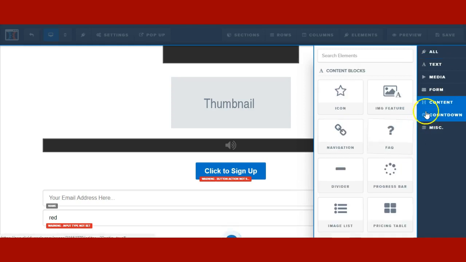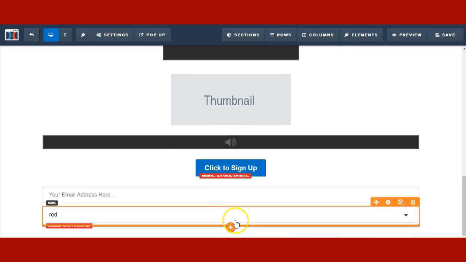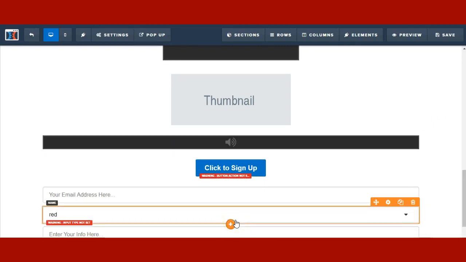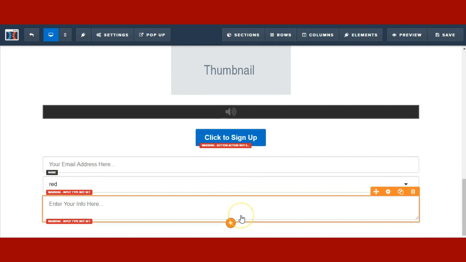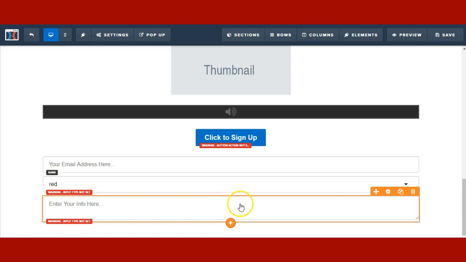under content, form, we have the text area. So text area, it's the element that allows the visitor to enter multiple lines of additional text. Let's say you want to capture their comments or suggestions or their opinion about something else. Let's say on the contact us form on websites and such, where they'll ask you for any message. So they are using the text area